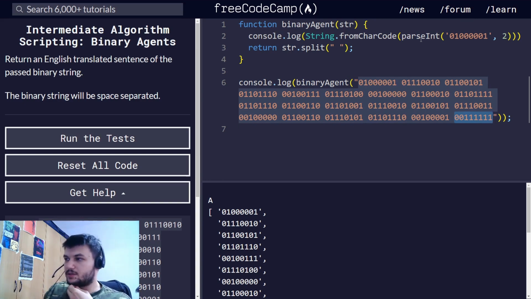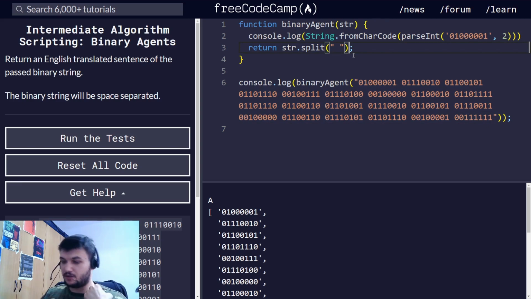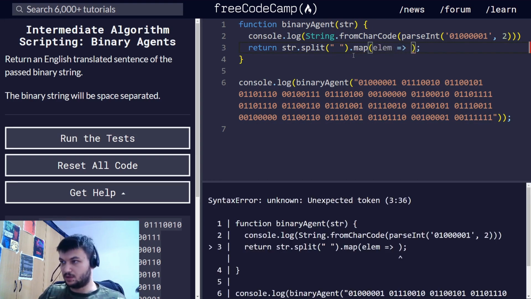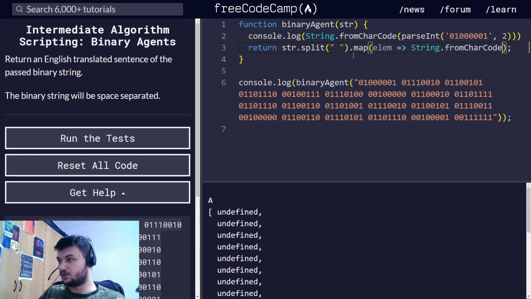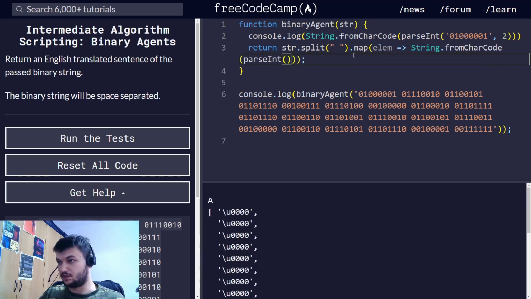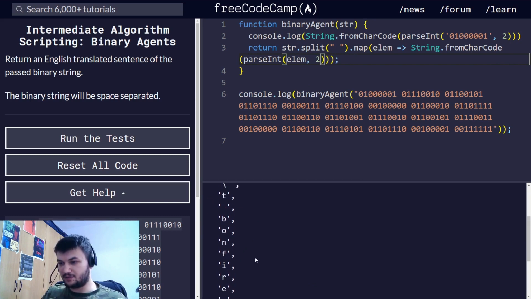Okay, let's do this. Now we want to do this for each element in this array, so we're going to use the map. So now right here we have an array. Let's do the map. We will iterate through all the elements, and what we want is each element to be mapped into String.fromCharCode from what we did up there, and inside I'm going to do parseInt, and this is going to take as an input the string, which is the element, and 2, which is the base of the number. Okay, as you can see right here, we have all the characters,